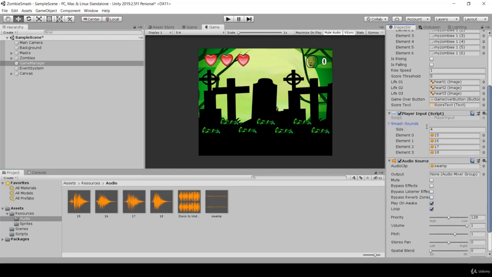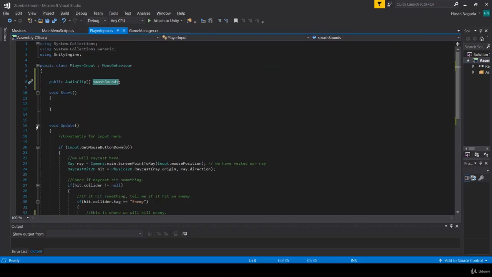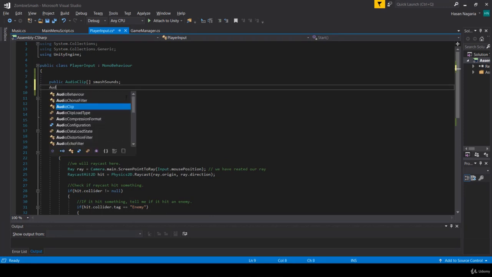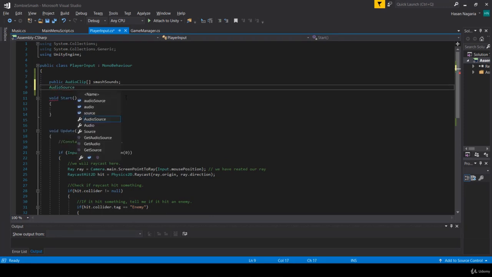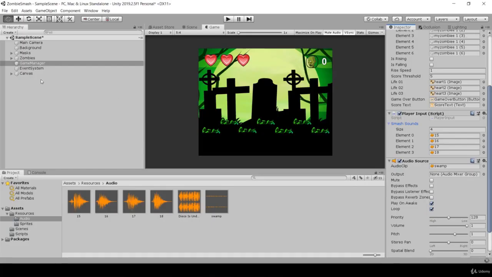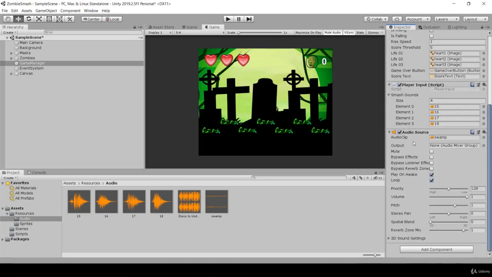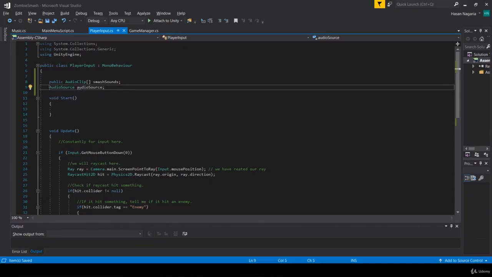Okay, so now that we have our audio clips here, we can access them in code. Now, in order to play an audio source, what we also need is essentially an audio source, okay? So what we can do is we can say audio source, and we'll call this audio source, okay? Now, there's a couple of different ways that we could do it. If you remember, we added an audio source over here, and essentially we need a reference to this audio source in our code. So we can say, hey, let's make this public, and if I save it now,